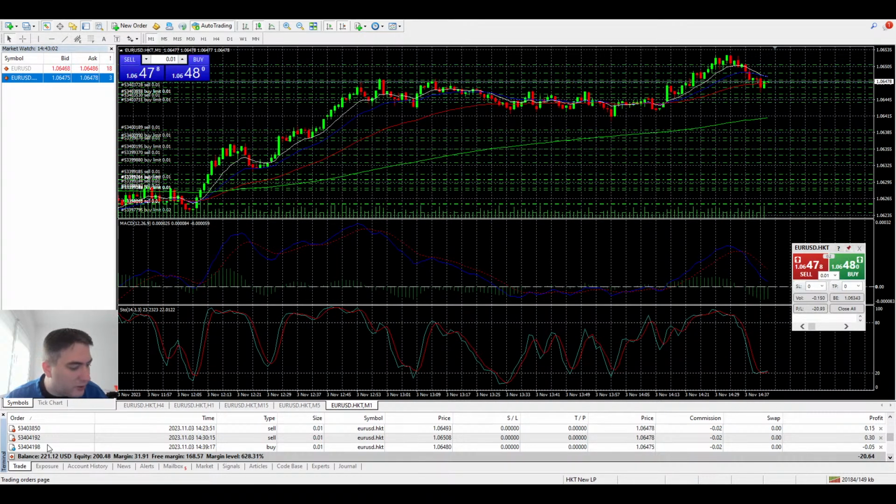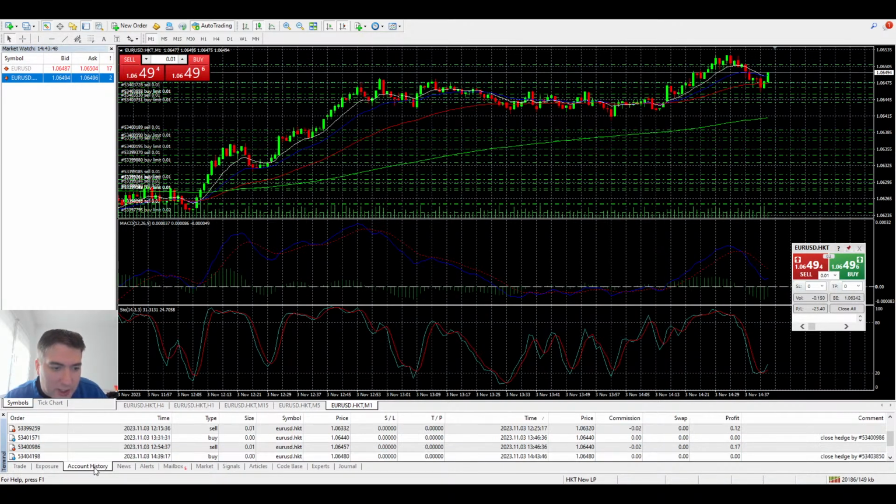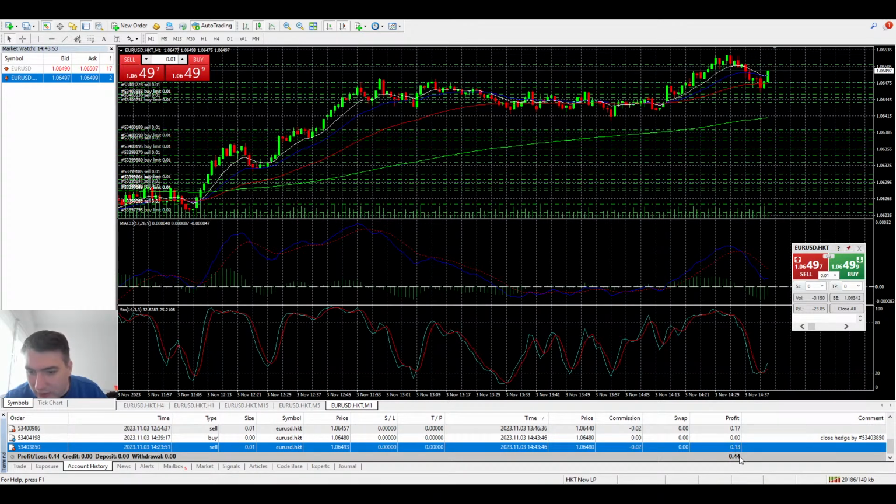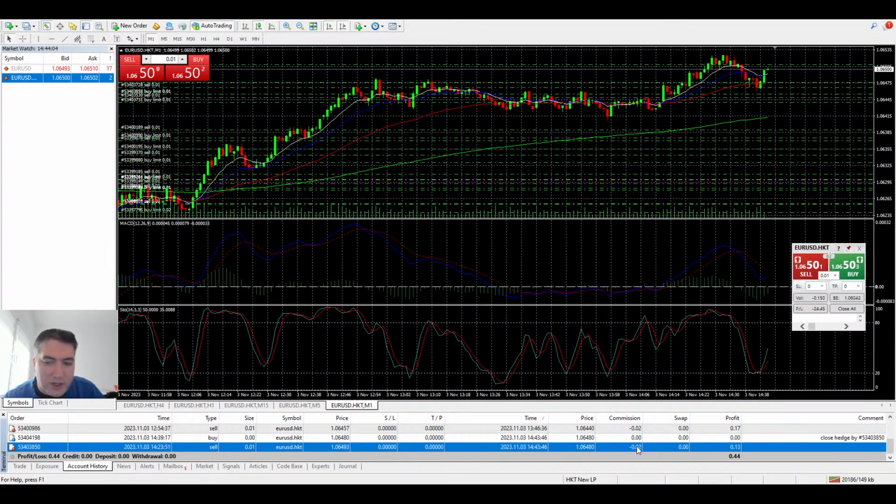If you take a calculator, 5% on $220 is like $11. The buy limit was triggered at 6480, and the sell was started at 6493. That should be a 13-cent profit. So if I close that and go back to the account history, you can see that I have added 13 cents, and the total is 44 cents after paying some commission. I pay about 2 cents in commission. Most brokers will charge you 5 to 7 cents on a micro lot.